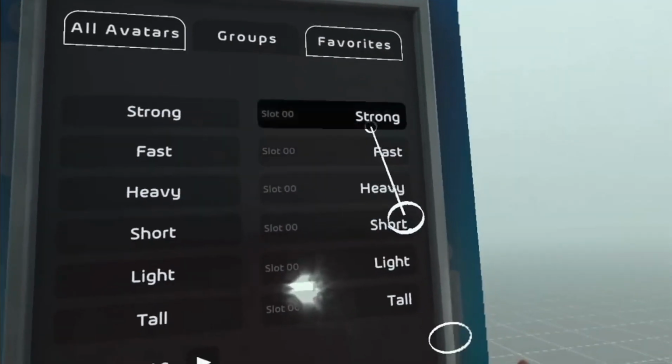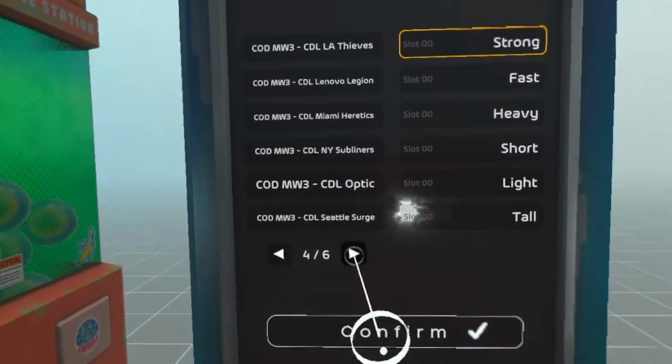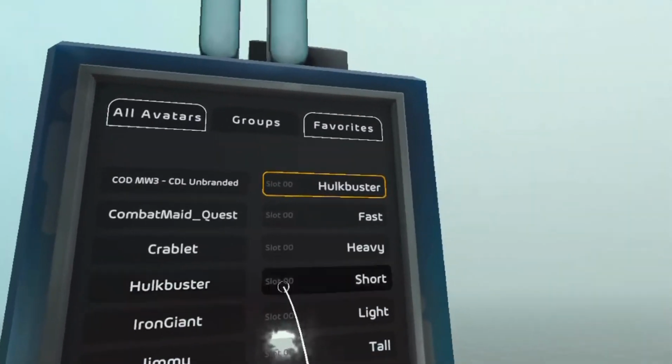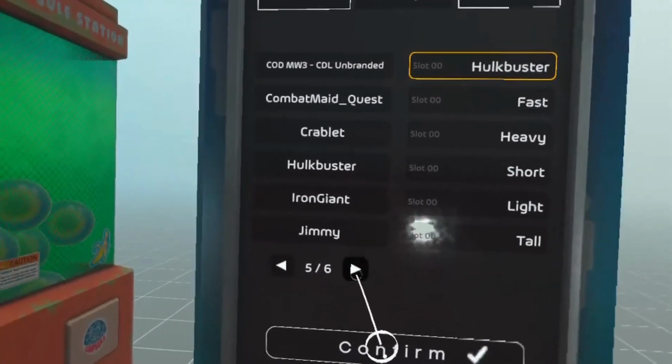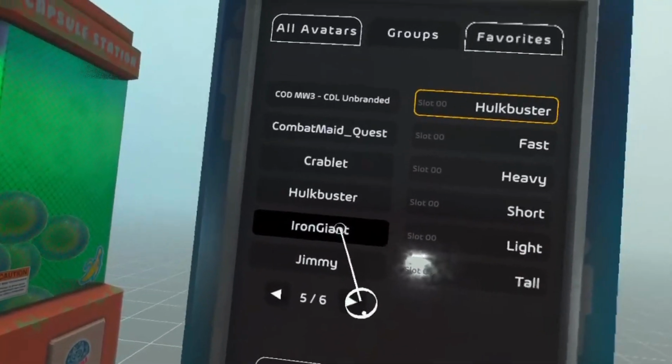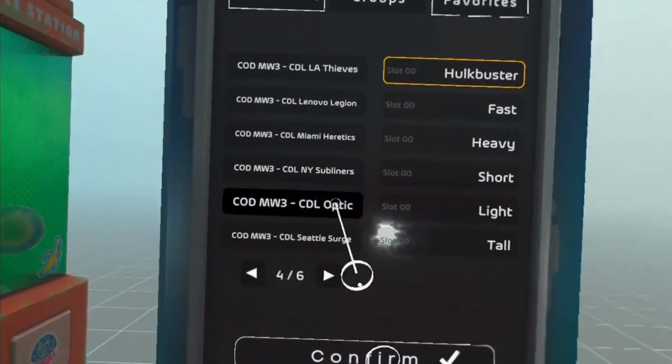So these are all the trait avatars, but if you want to change your settings, you just go here, click on the first one, and then you can change it to anything you like. So I'm gonna make the first one Hulkbuster. You know what? No. I'm gonna make the first one